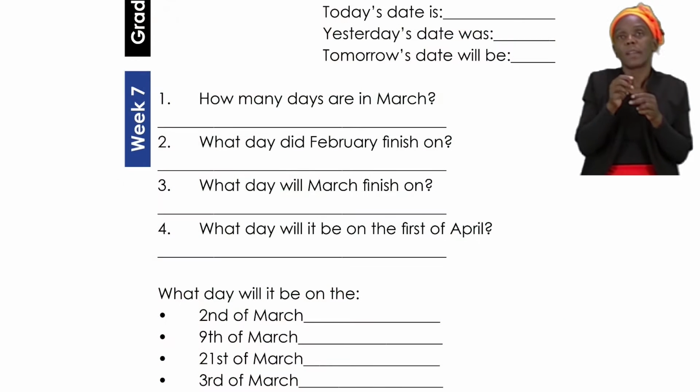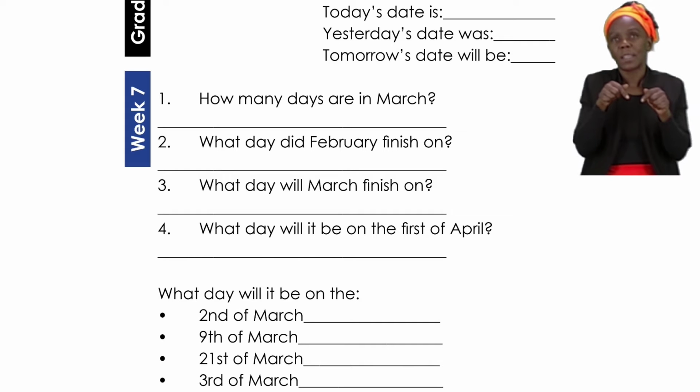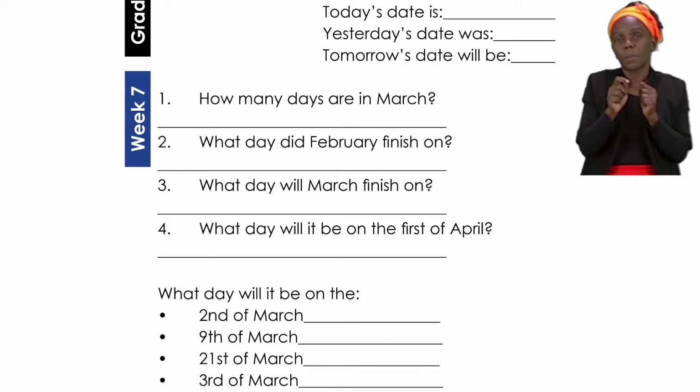Now, as we are still measuring time, we need to know the date. So, if we are going to be talking about the date, the first one says, today's date is. That means we need to look at the calendar and find out what the date is. Now, when you're writing your date, you start with the day, which means either Monday, Tuesday, all up to Sunday, and then you write the number. Now, the number must be the one that is shown on the calendar.